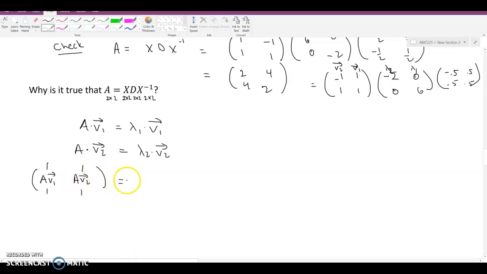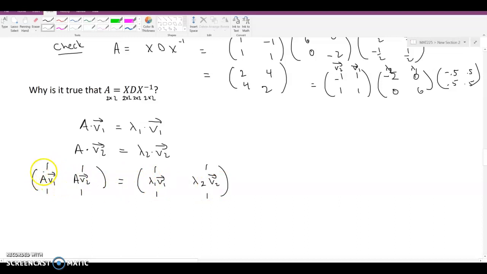And what vector will that give me? That will give me lambda 1 V1. So A V1 will give me a scaled copy of V1. That's going to be a column. A V2 is going to give me lambda 2 V2, which that's going to be the second column in there. And then what I see that I can do here is